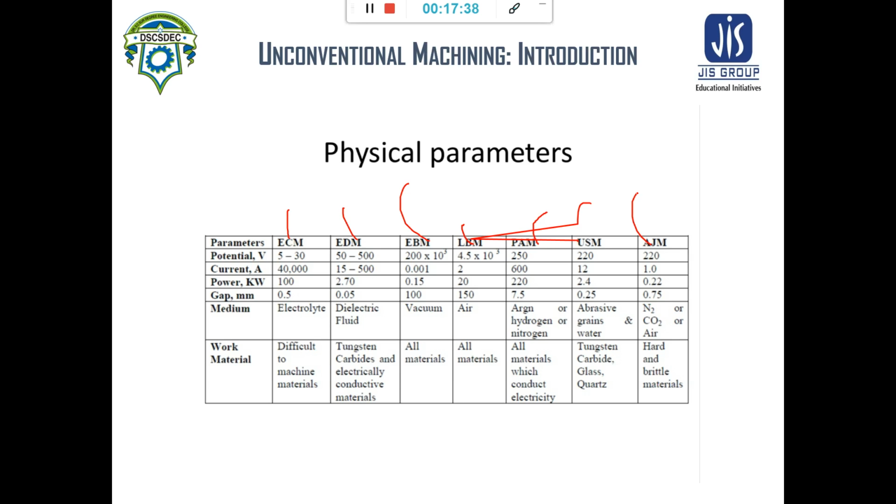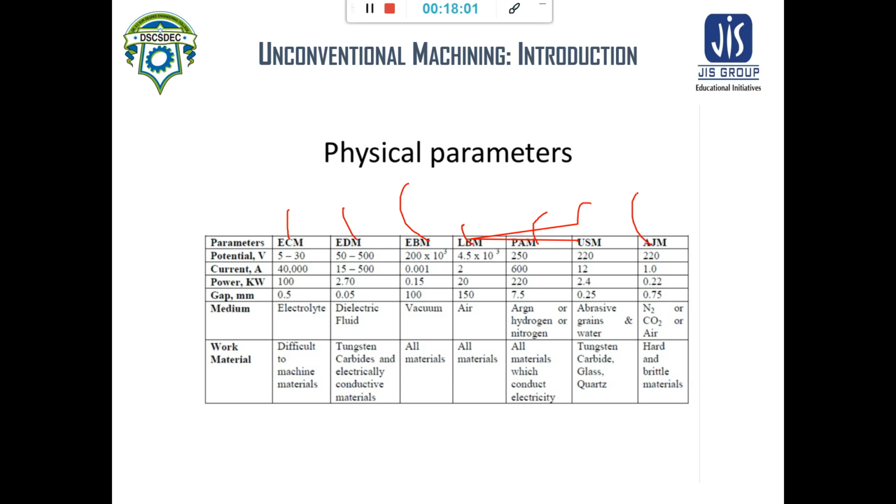See, very low power requirement. Next, for EBM it is 0.15 kilowatt, and for LBM 20 kilowatt. Plasma arc machining it's 220 kilowatt. For USM or ultrasonic machining it is 2.4 kilowatt, and for abrasive jet machining it's